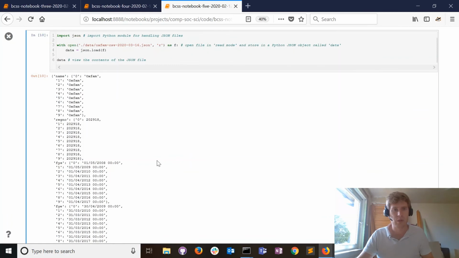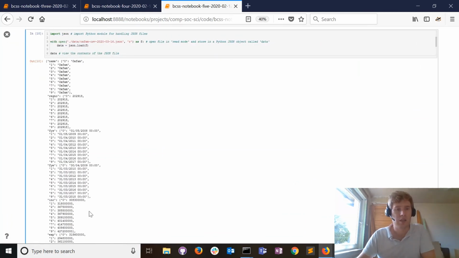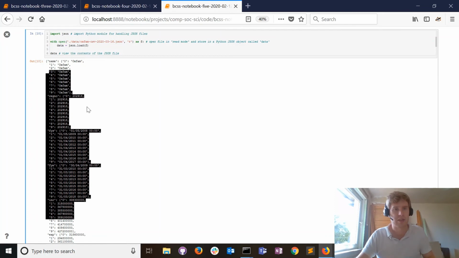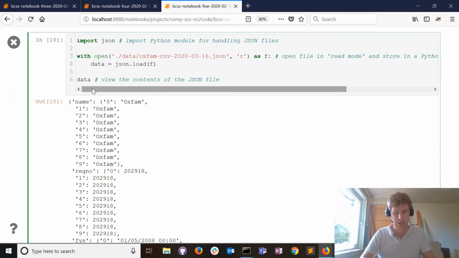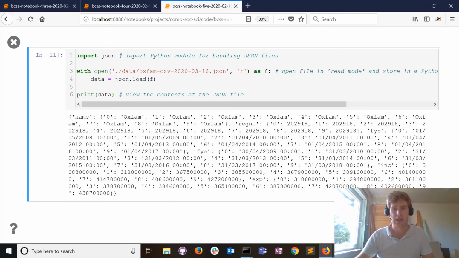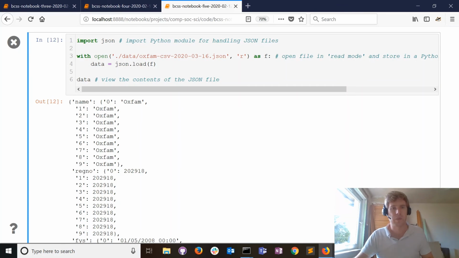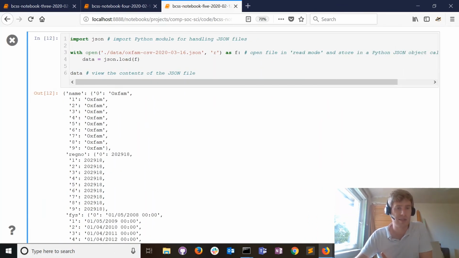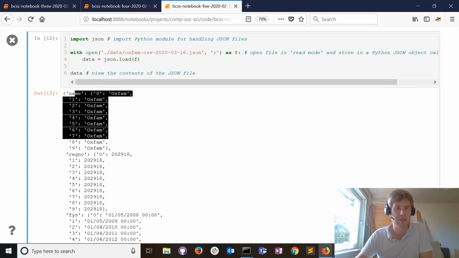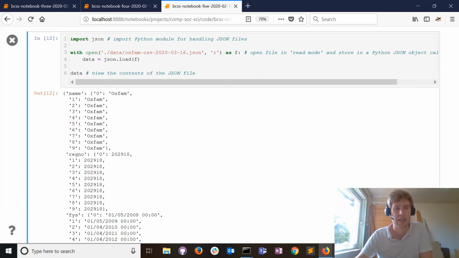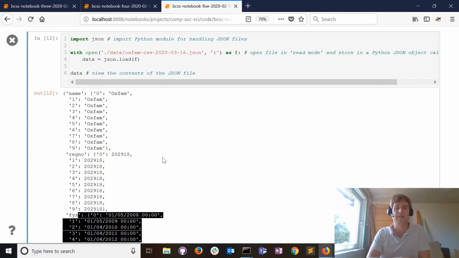If I zoom out a wee bit, here we've got an example of the data. Actually, let's make it look a little bit better. We can print the results instead. Yeah, that actually hides the hierarchy. Okay, let's just look at it like that. Now we can see the exact same data: all the values for the name field, all the values for its unique ID, and its financial year starting date also. That gives you a quick example of how you can store the same data in